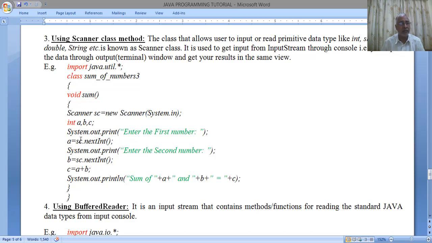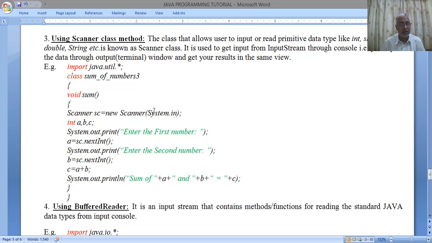This is a statement. nextInt is the function of the Scanner class which takes the input as an integer, and sc is the object. You see the new operator which I explained last time is being used. Scanner is the name of the class which is imported from the java.util package, and sc is the object of that class. New is the operator which makes the object. Scanner again, the same class. System.in is the input stream under which this Scanner works. System.out, you see here, is for printing the output on the screen, and in is for inputting the data from the keyboard.